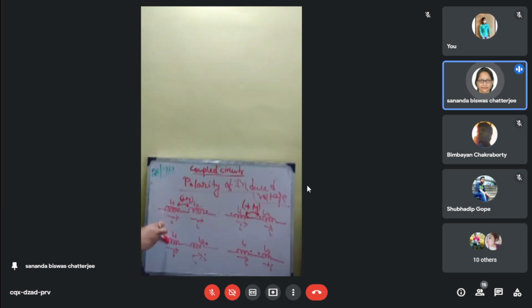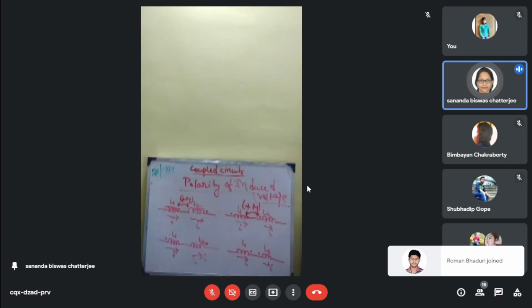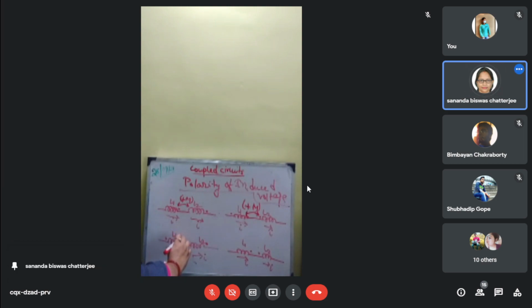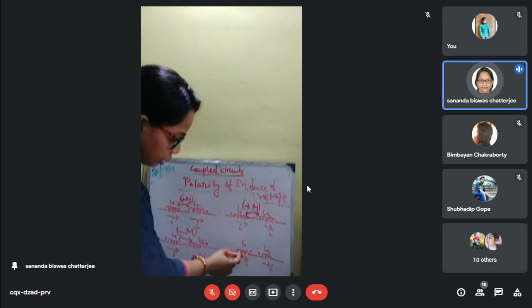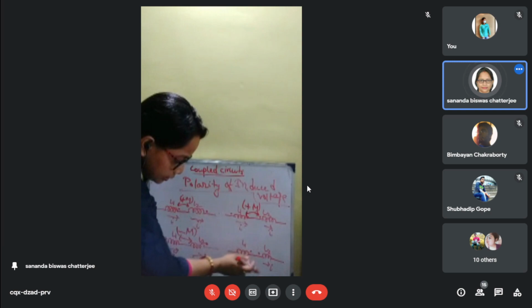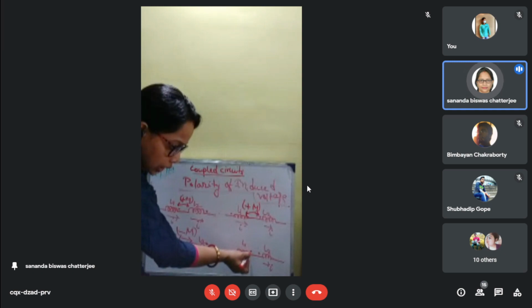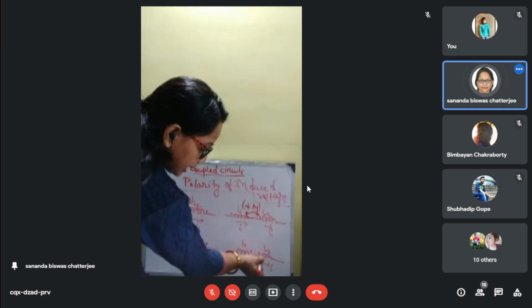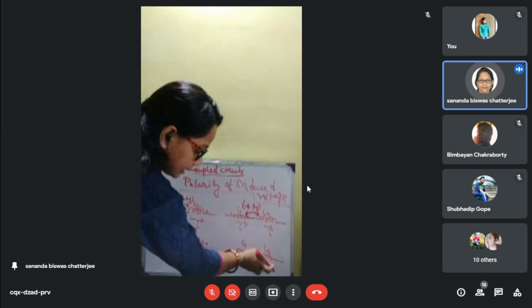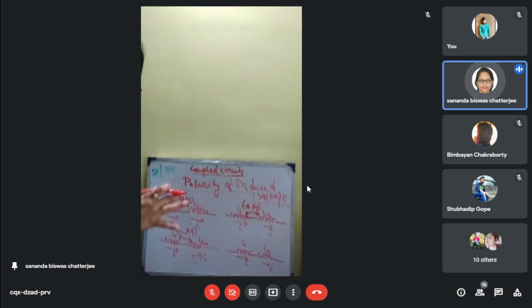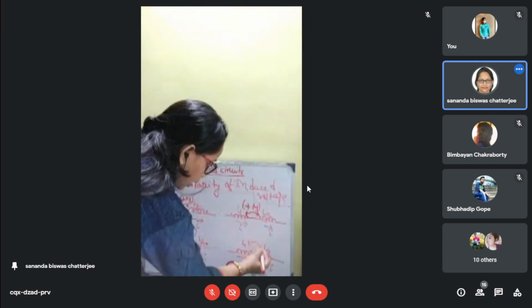Now look, here the current is entering in this coil, but leaving the coil L2. In L1, the dot is at the start. But in L2, the current is leaving, the dot is at the end. That means in a dissimilar manner, right? So it will be minus M. Now again in the last one, look, here current is leaving. At the end of the coil there is the dot. Here also the dot is at the start, that means the current is entering. That means in a dissimilar manner. They are not in a similar manner. Here also it will be minus M.